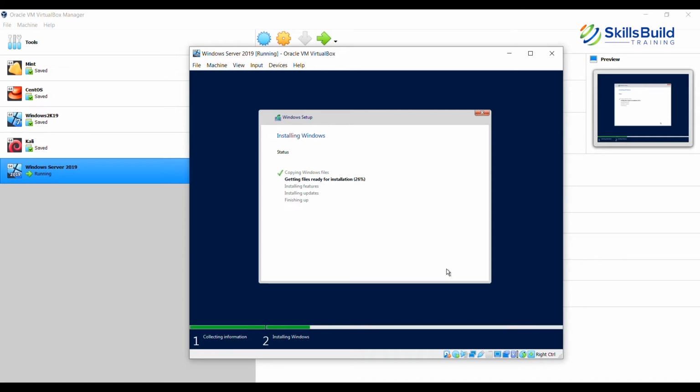Unfortunately, here we are only going to use the manual method. Maybe in another video we can see how to automate the installation using a script. We will catch up on that some other time. It's slowly moving towards the completion of getting the files ready. So let's wait a little while.